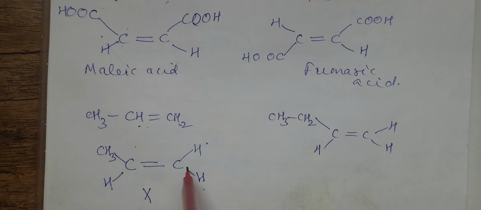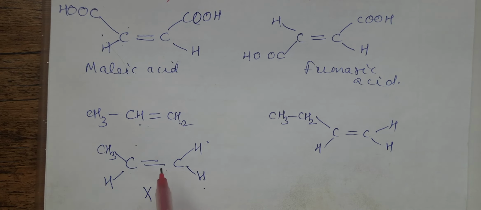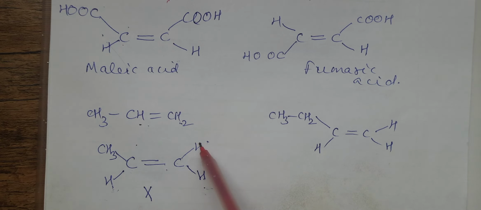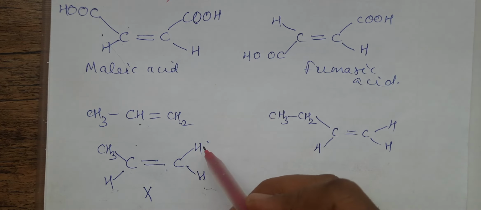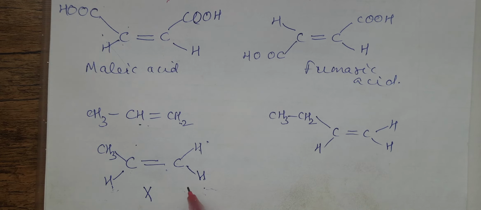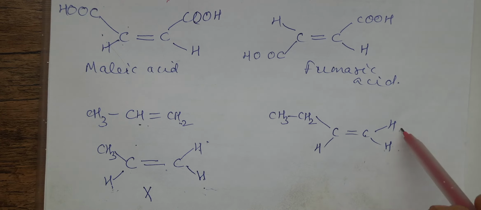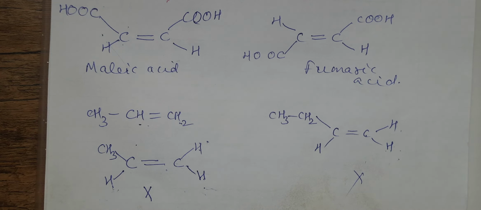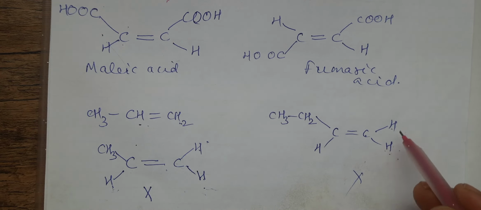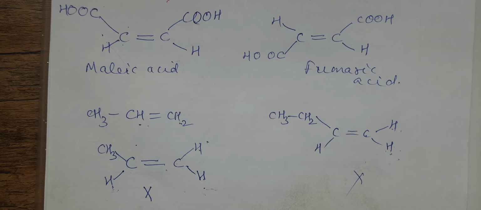So on the 2 carbons which are bearing a double bond, there should be dissimilar groups. You might be wondering that both are having hydrogen, so why not? But the other one is also hydrogen here, so if you flip it, it is not going to matter. This is not a different formula then. In the same way, on one carbon atom itself, the 2 groups should not be the same. If they are the same, it is not going to exhibit geometrical isomerism. Had there been methyl here, both being methyl, then also it is not going to exhibit. So it is clear, I suppose.